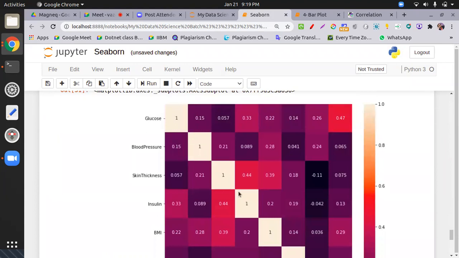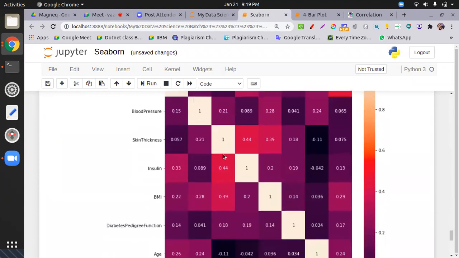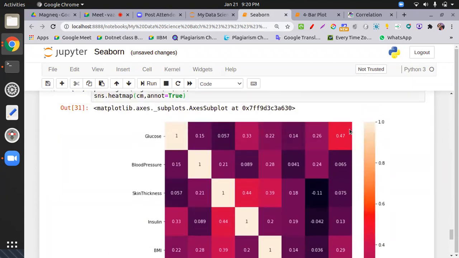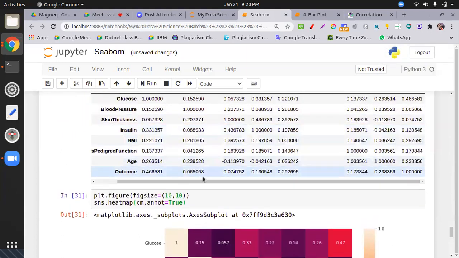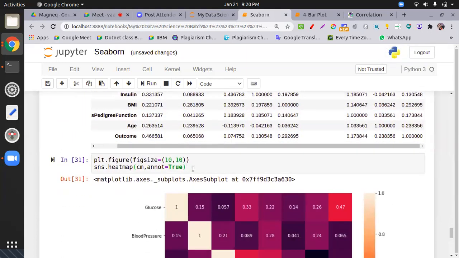On white you have one. See, check this one, 44%, 44%. But at last, when making a good model, we have to identify the outcome variable, meaning the last column. So this way you can draw the heat map. This heat map is basically used for showing the correlation, the color-based values. All right, now let me take a break of 2 minutes, let me drink water.